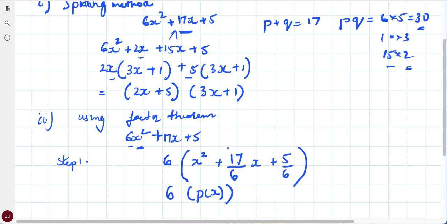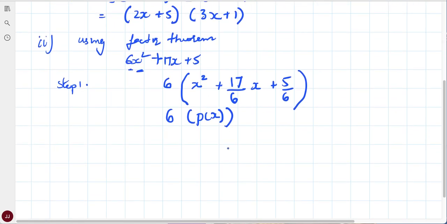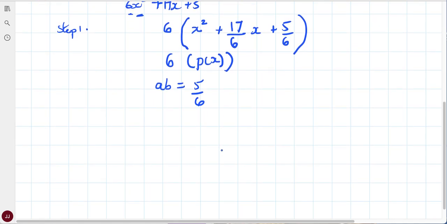Now we have the constant term, AB is equal to 5 by 6. Based on this we have to find the factors. So let's find the factors for AB equal to 5 by 6. The factors are plus or minus 1 by 2, plus or minus 1 by 3,